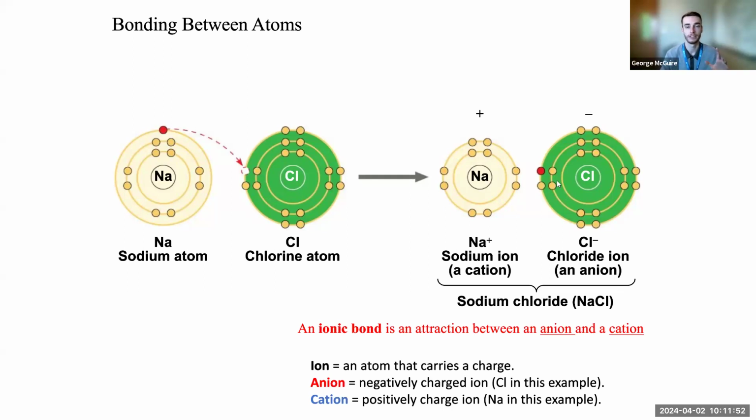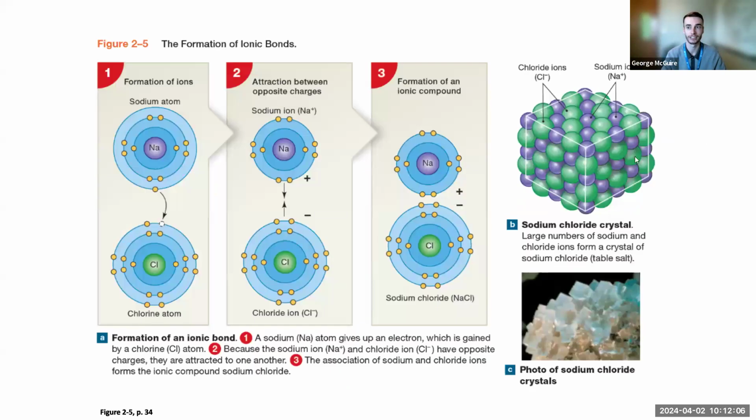The bond comes from these opposite charges, right? The opposites attract. That is true throughout chemistry. So now that we have a cation and an anion in close proximity to each other, they are going to form a magnetic attraction to each other, and that is the ionic bond. Okay? So we had an exchange of electrons. We now form 2 different ions, and those ions have formed an ionic compound, bonding to each other through that